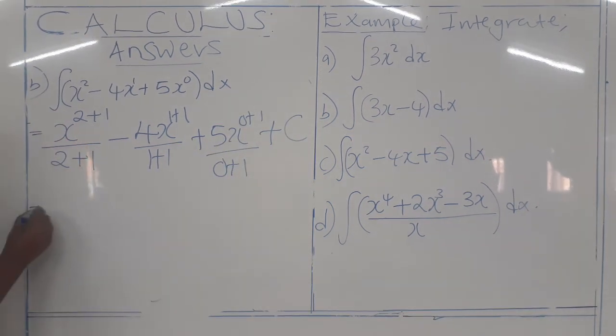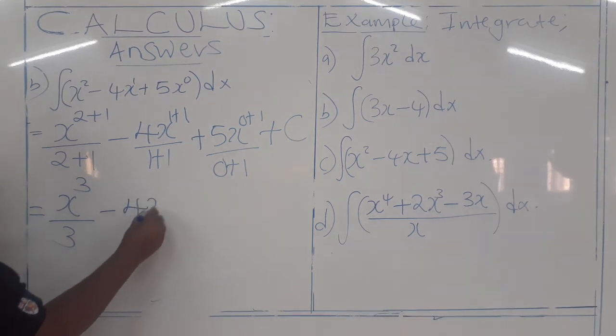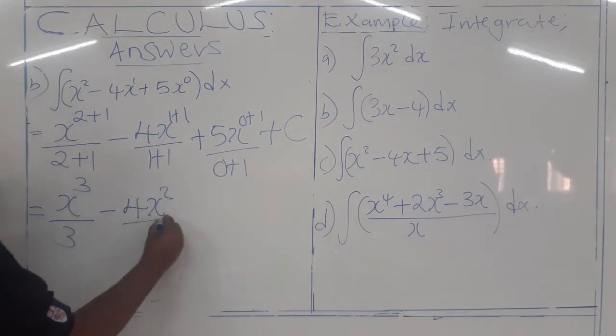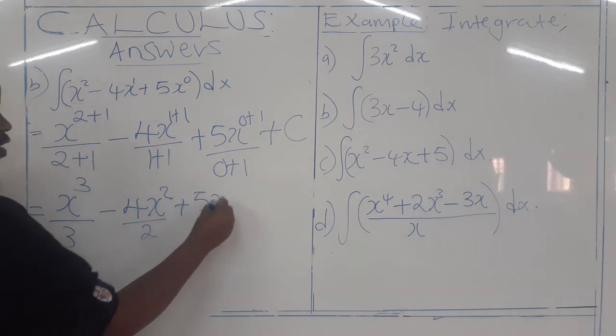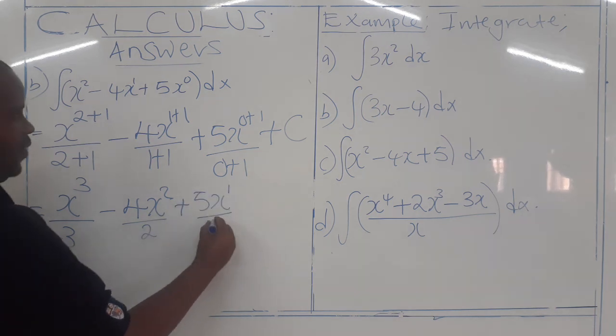Okay? So this is equal to x to the power 3, everything divided by 3, minus 4x to the power 2, everything divided by 2, plus 5x to the power 1, everything divided by 1, plus